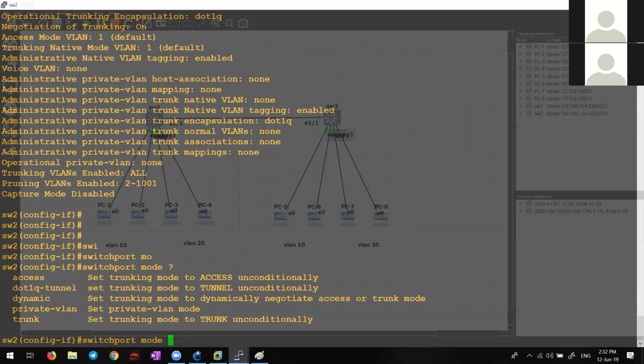No, switchport access, switchport dot1q tunnel. You can see dynamic, private, port access, host, something. I forgot the command.